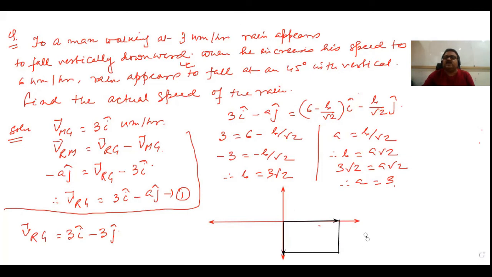And draw the result. So actually, this is the direction along which rain is falling. Correct? So it's a very important problem. Now, what is the magnitude? If I consider this as 45 degree, sorry, if I consider this as theta,